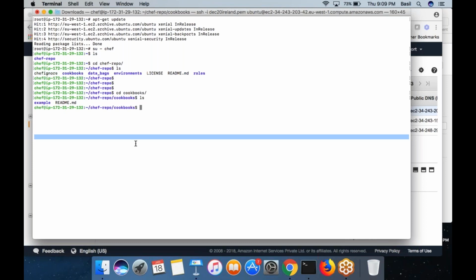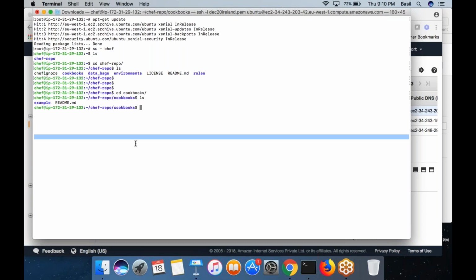So a cookbook, you can consider it to be something like a complete framework, where you are going to write down your recipes. Then sometimes you want to define some attributes. For example, the Apache version equal to 2.4. The Apache folder is equal to /etc/apache2. The log location is equal to /var/log/error.log. So like that, you want to define certain configuration for your Apache, certain configuration for your Nginx, certain configuration for some of your database machines. There can be a number of attributes that you want to define inside each cookbook. So those things also you can define.